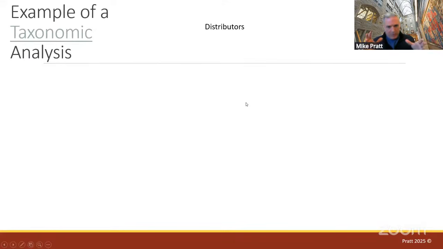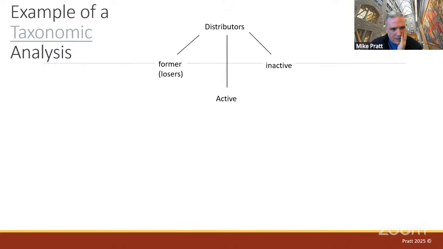So I could take the term distributors, and I know that in my Amway data, there were three kinds of people that could be distributors. One is former distributors. In other words, people who were in Amway and quit. They refer to these people as losers, categorically. So if you meet someone and they talk about a loser, that's somebody who knew about the Amway opportunity and turned it down. So those are former distributors. There's inactive distributors. Inactive distributors are people who still buy products from Amway, but don't sell them to other people. And then there's active distributors. These are people who are recruiting people into Amway, buying and selling products.